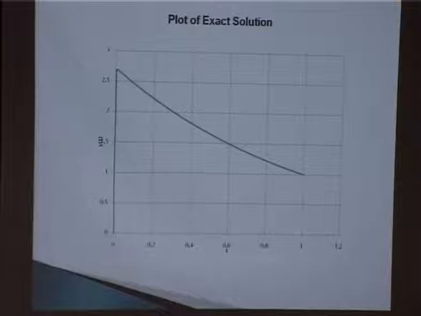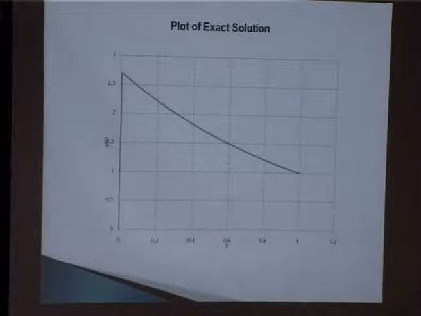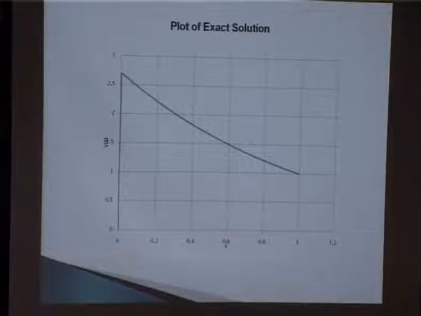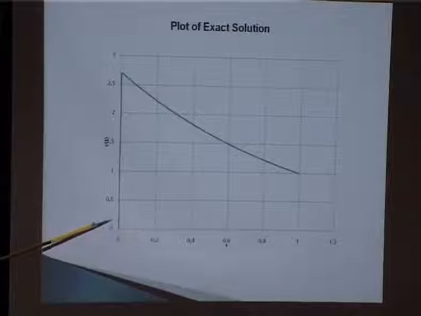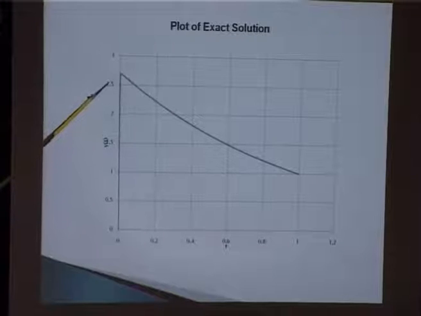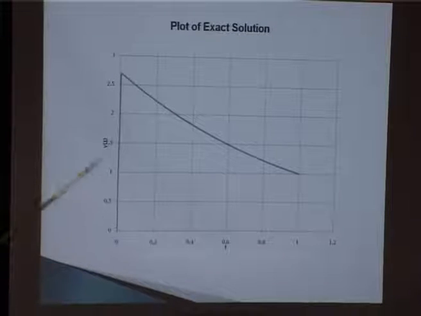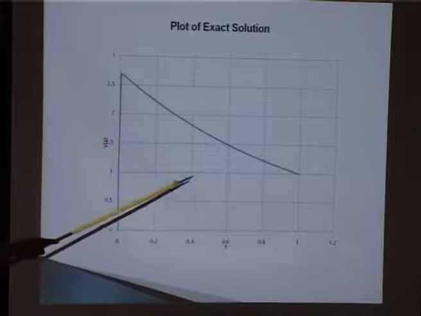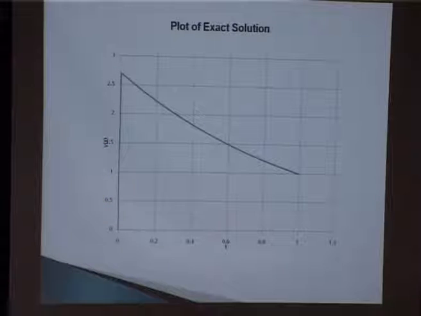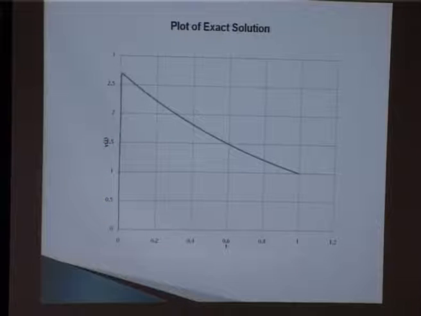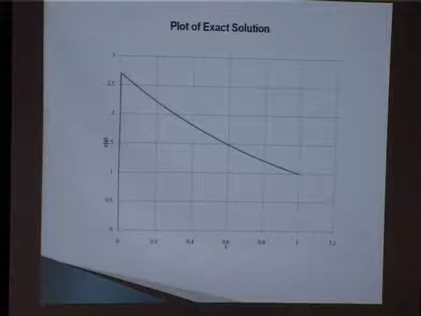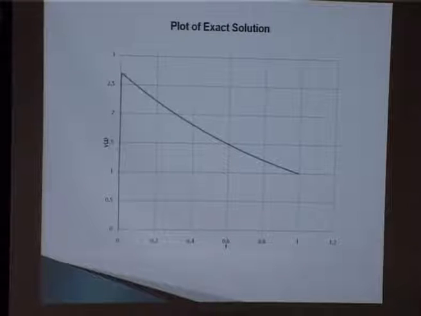Next, if we plot the exact solution, it looks like this. So we can clearly see that it's actually a boundary value problem. The gradient here is very sharp. It shoots up to a value of 2.6 in a very small interval, and then it decays very gradually. So we can say that the equation is a stiff equation, and the value of the step size would determine the nature of the solution that we are actually getting.